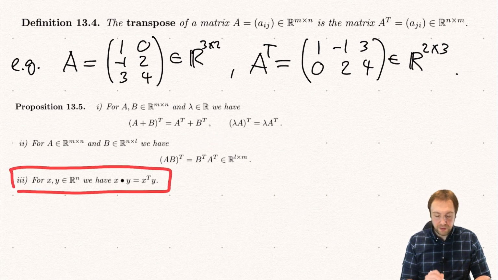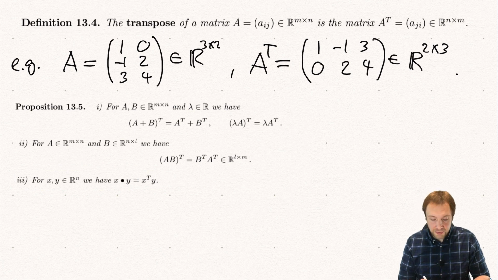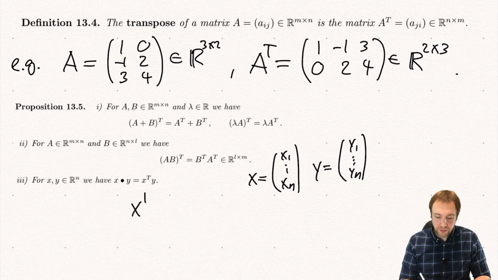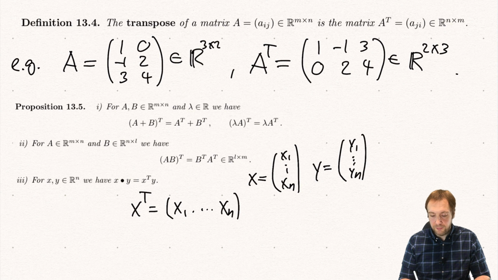And then the last point, which will be important for today, is that the dot product of two vectors, which appeared several times now, is just given by the transpose of x times a vector y. And this is also clear: if I have a vector x1 up to xn and a vector y1 up to yn, what is x transpose? Well, this is just the 1 by n matrix, x1 up to xn, and therefore if I multiply this with a vector y,